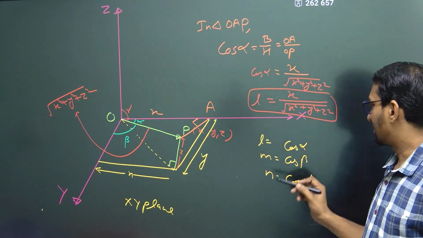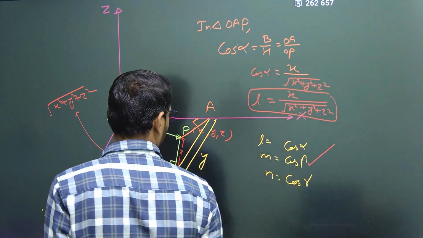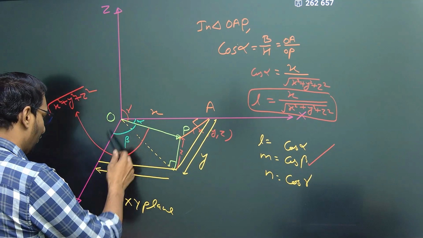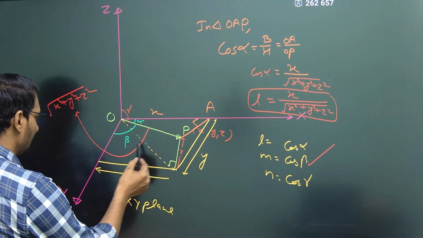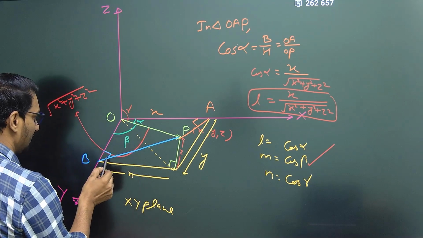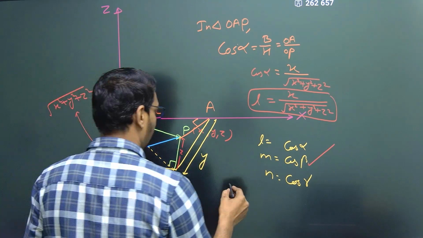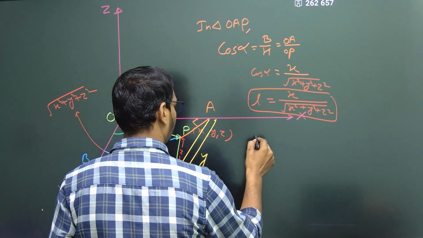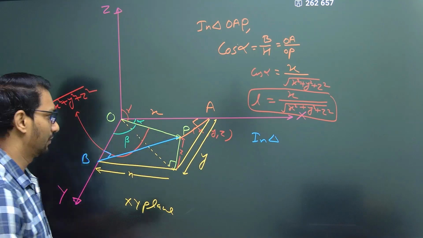Now, in the same manner, we have to find cos beta. To find cos beta, again we have to find a right angle triangle with the y axis. So we have to draw a perpendicular from P to point B, like this. This is perpendicular, a 90-degree right angle triangle. Now, in triangle OBP,